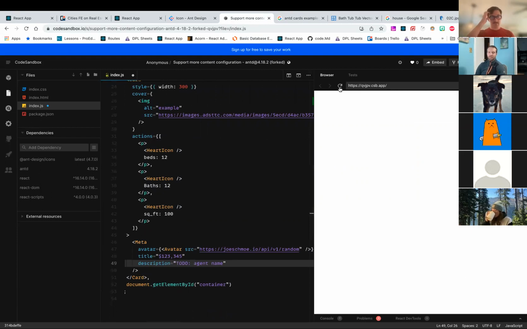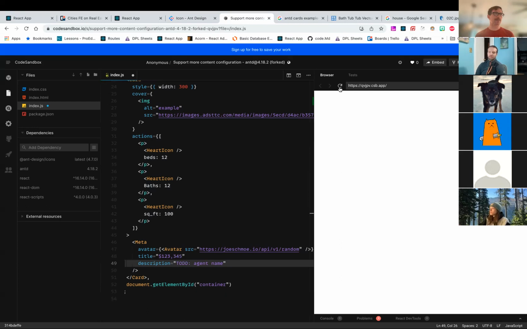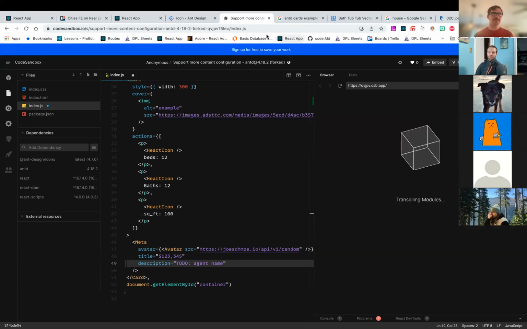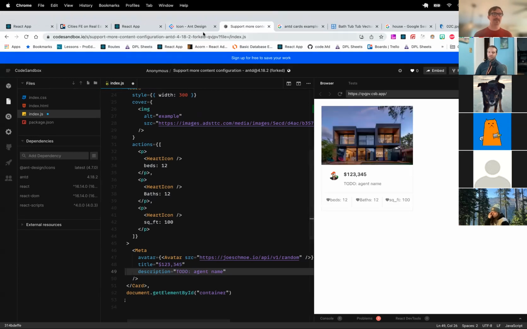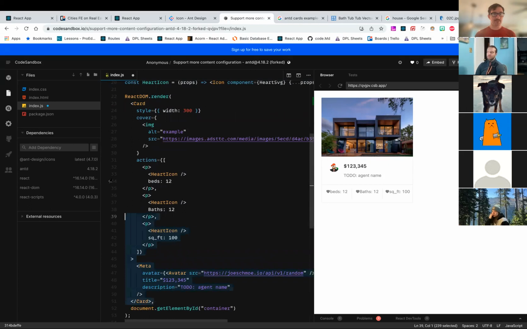Especially when working with a component library, you're going to be spending a lot of time figuring this stuff out, because it's never really going to be the case that their components match exactly what you want. So there's a lot of trial and error. But now that this is done, I can go ahead and